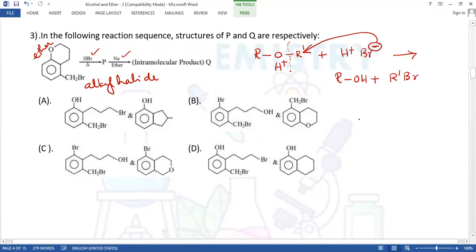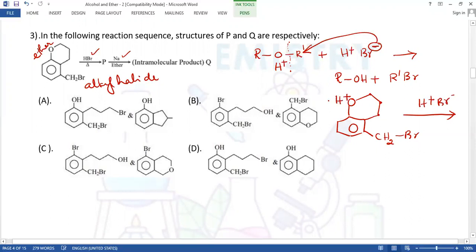So we'll apply this to the molecule. What is the molecule given? We have a benzene ring attached to oxygen, that is the ether, then CH2, one more CH2, then attached to benzene here. Then we have a CH2Br. Now treat this with HBr, H plus and Br minus. So H plus goes along with the oxygen to form OH. Now Br minus, the nucleophile, should attack either the carbon atom of the benzene or the CH2 on the alkyl group. Which one is it?